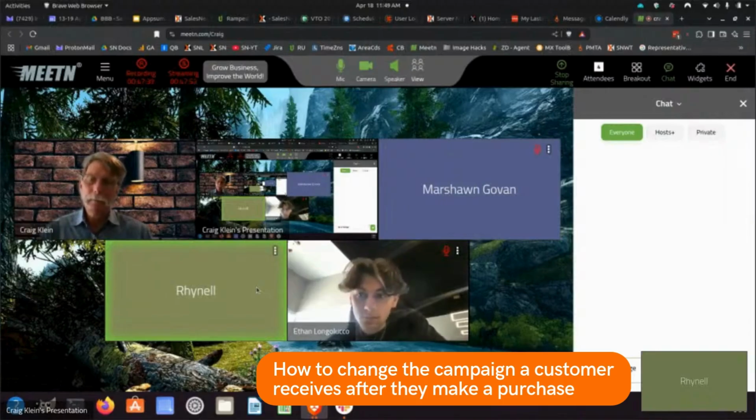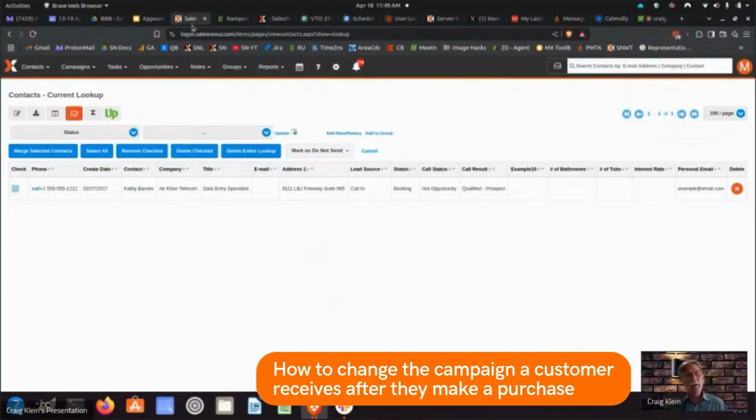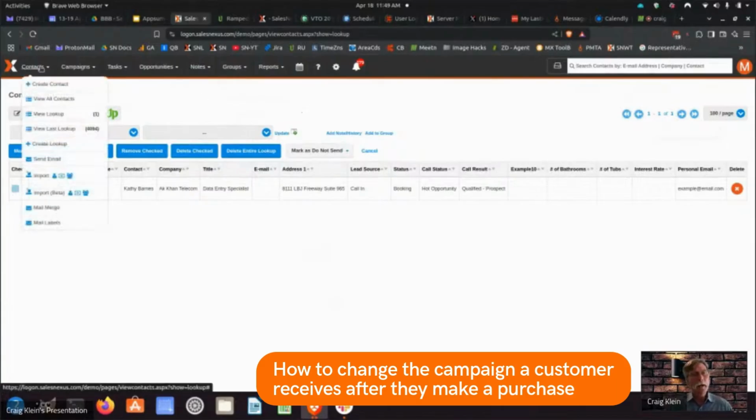How does that work? Yeah, so we're talking about a lead who makes their purchase, and now you want them to stop getting the campaign for leads and start getting the campaign for customers that have already purchased, right? So the way you do that is,